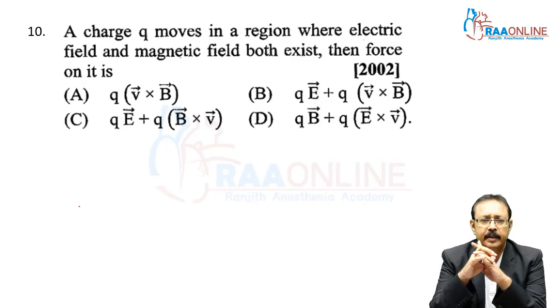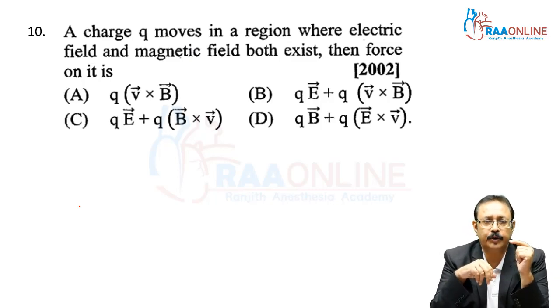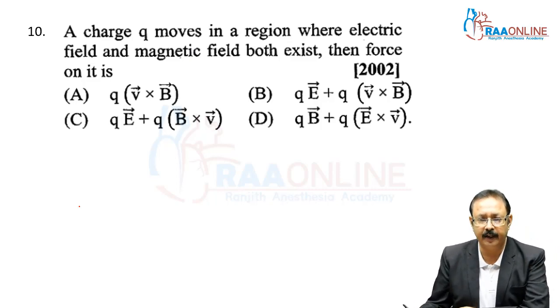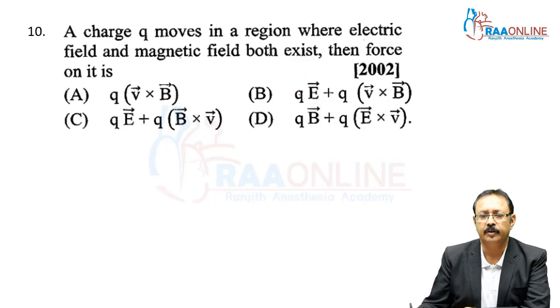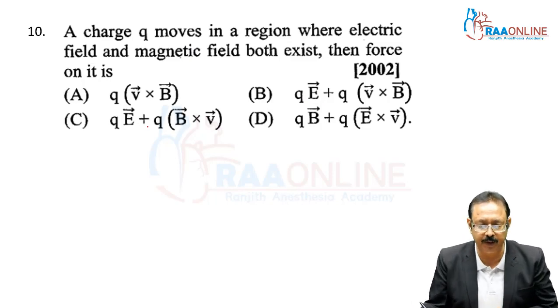If q charge is there and field is E, force should be q into E in the direction of electric field if charge is positive. And for magnetic field, it is q into v cross B. So if both are there, then both forces should be there. So qE plus q into